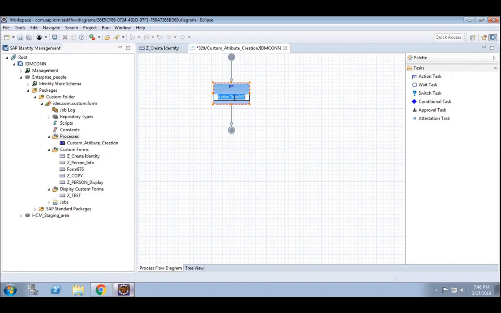It will give you the rename option. Attribute object. I am giving the name. By naming, we will always keep a name in such a way that whenever we see the job log, we can at least understand what action is getting taken. Now save the file and open this